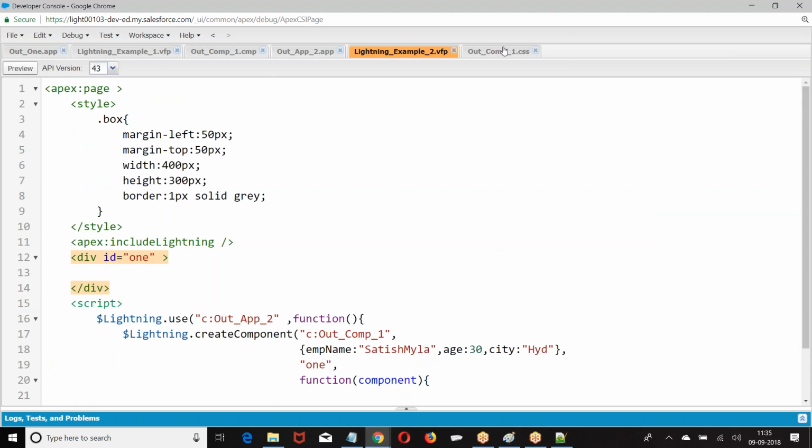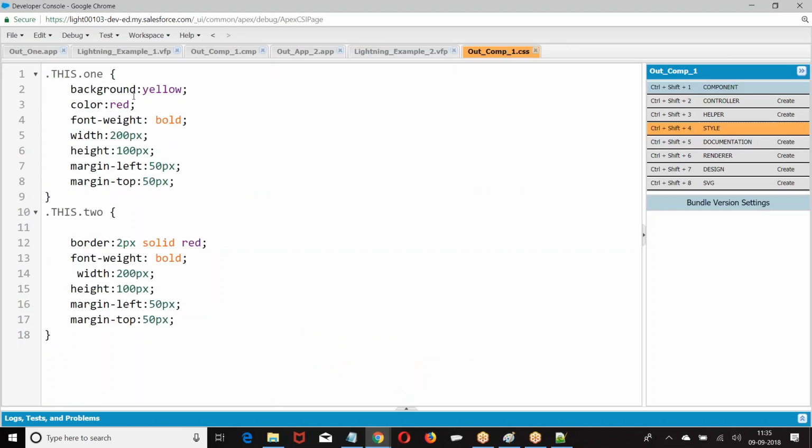Something is wrong. What was the mistake here? Background yellow, BG color. Let us see. Some property is missing.